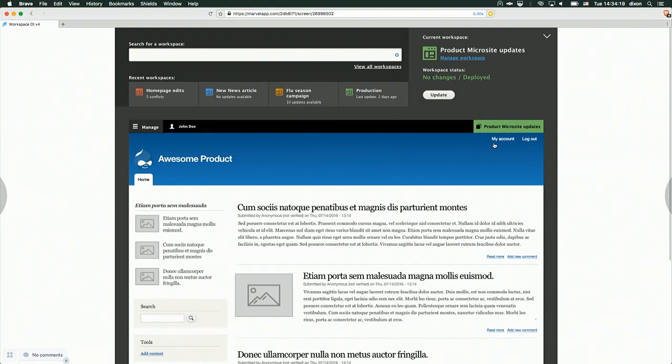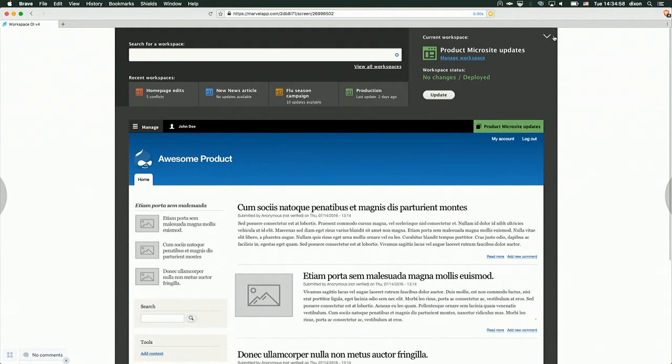And I want to emphasize that all of this is happening on the same site. We're not moving content between different servers or between different virtual hosts. This is on the same site instance with multiple workspaces. In a more enterprise scenario, you might want to have different virtual hosts, and there is already a module in Contrib which makes it possible to move content between workspaces on different server instances or different virtual hosts, if you have your editorial environment behind a corporate firewall or something like that.